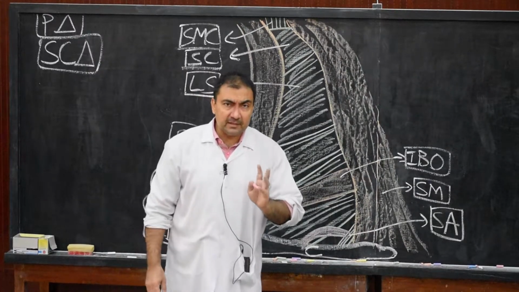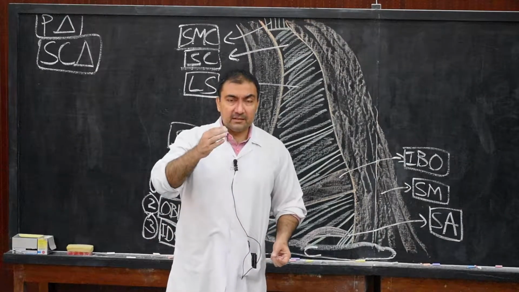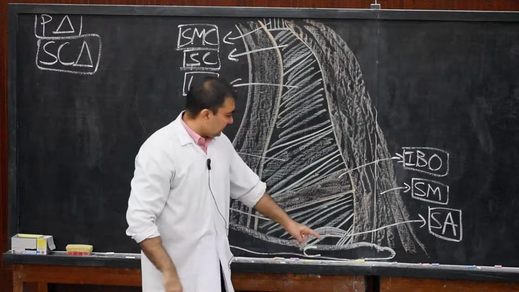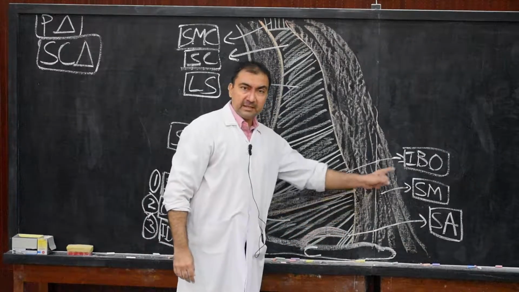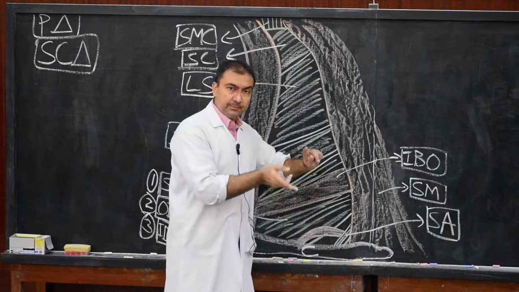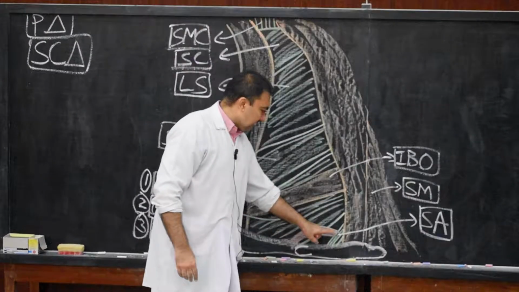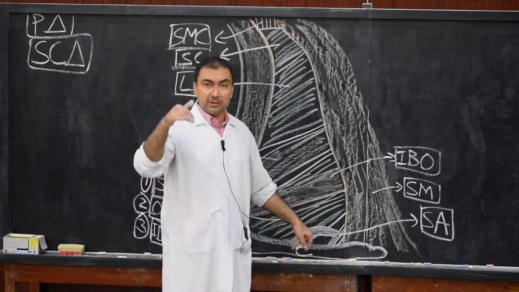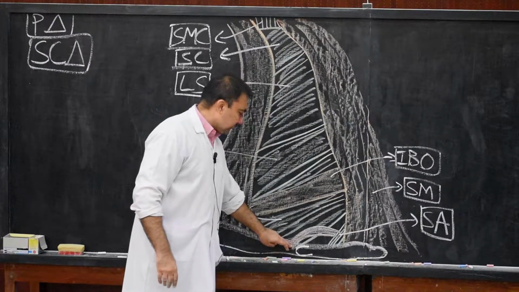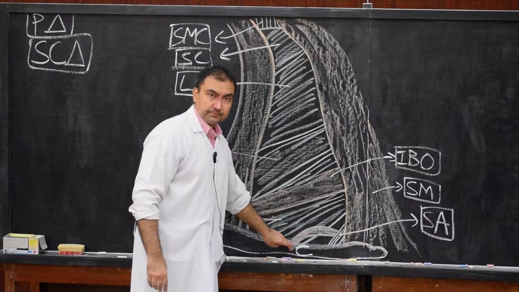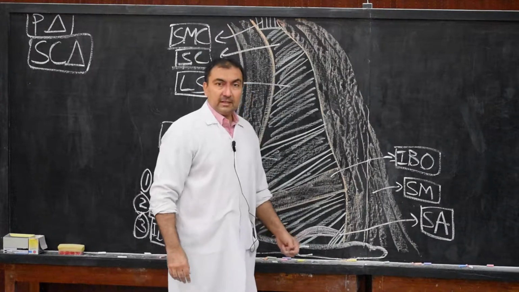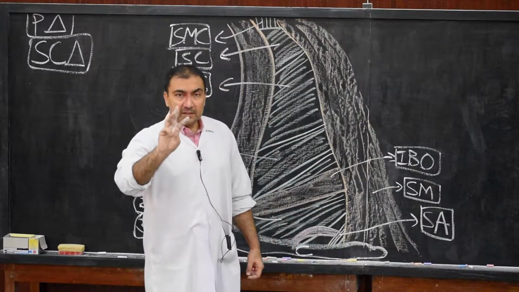Now this subclavian artery, if you recollect, is divided into three parts by scalenus anterior muscle. First part will be lying medial to scalenus anterior, second part will be lying posterior to scalenus anterior, and third part will be lying between the lateral border of scalenus anterior till the outer border of first rib. The first rib will be just behind and below the clavicle. So it goes behind the clavicle. Now here, third part of subclavian artery.